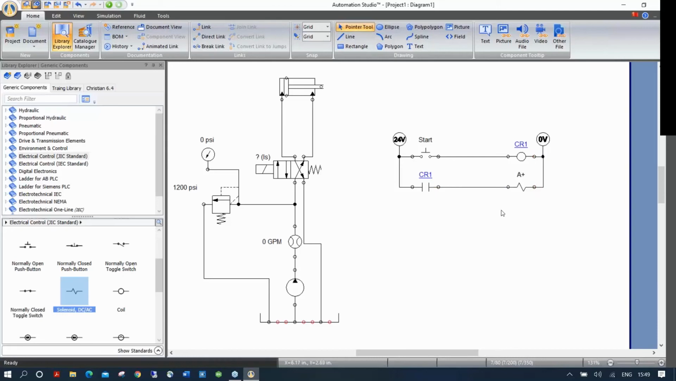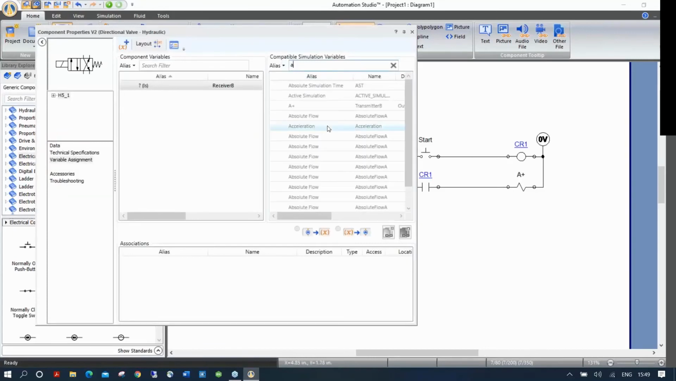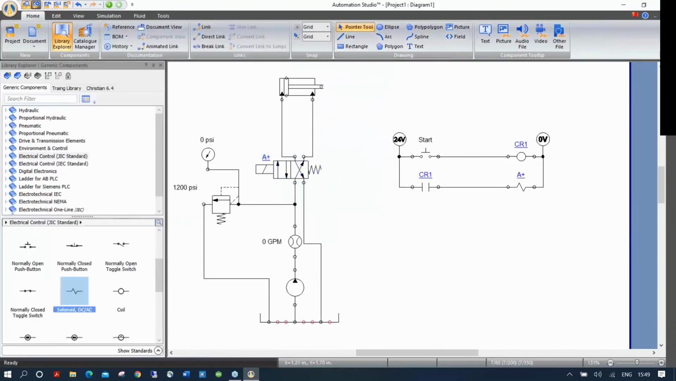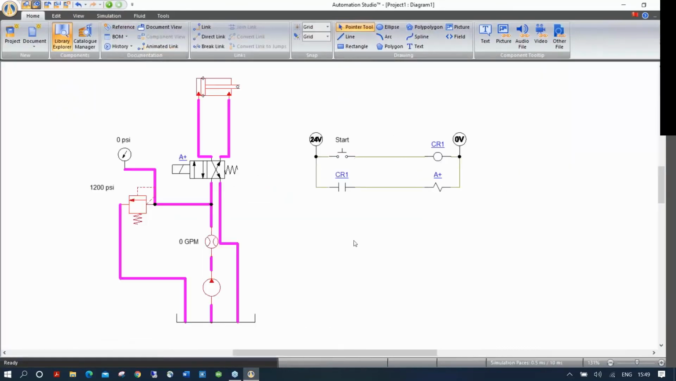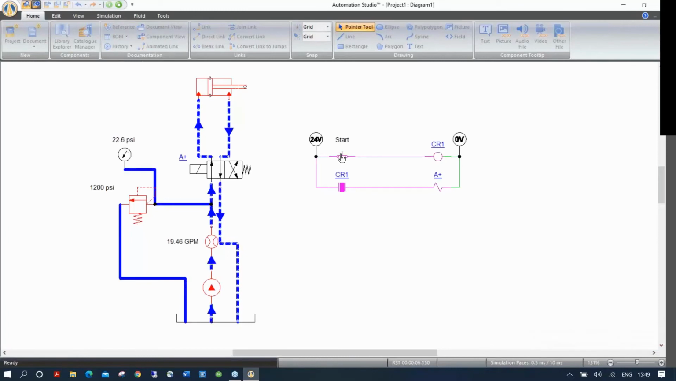And now I need to associate this A+ to this solenoid. So if I click twice on it, I'm going to filter this time for A because it's called A+. And you see my A+ is here. Click twice. And now the link is made between this. And if I simulate again, I have now an electro-hydraulic circuit. As simple as that. And you see every time I go to the push button, the spring is pushing it